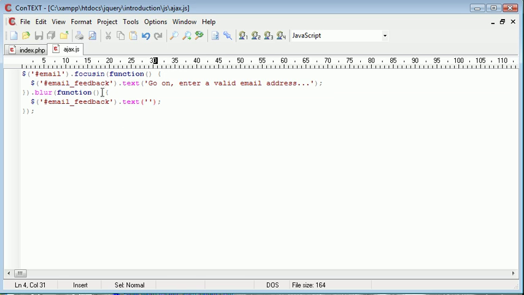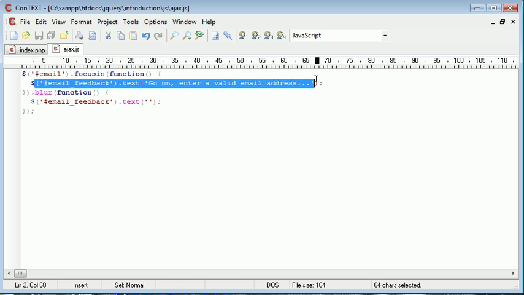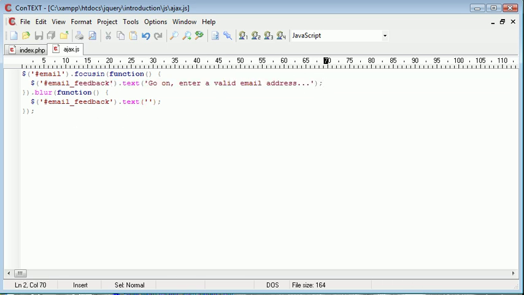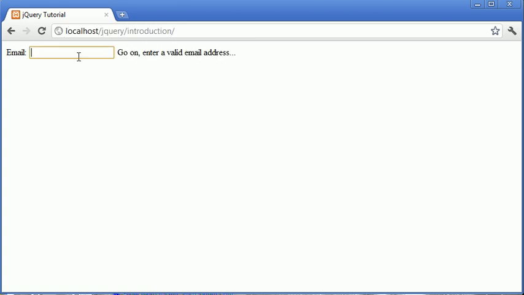So now that we have these two, they aren't quite complete yet, for the simple reason that, for example, if I was to type something in here and leave and come back, you can see that it now disappears like this. Now this is absolutely fine. However, if we were to go and click into this,